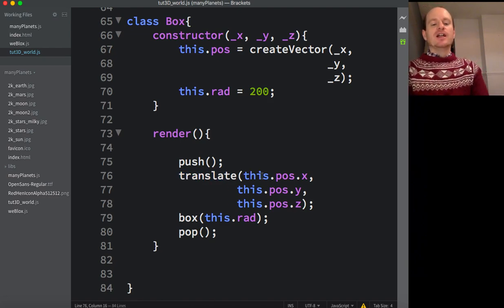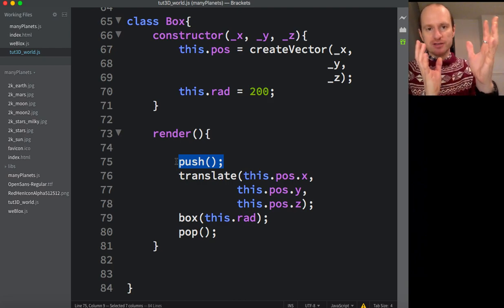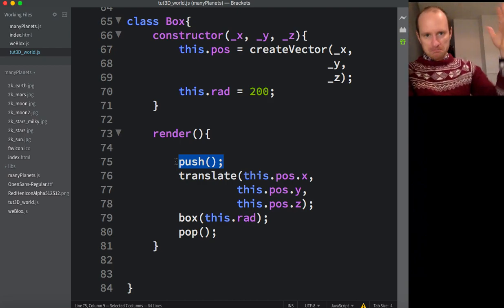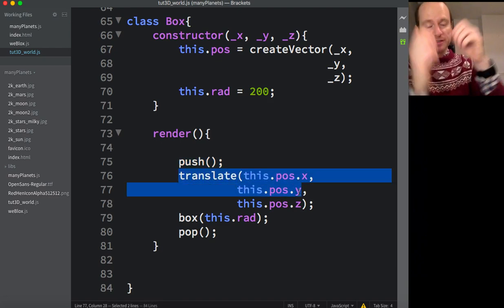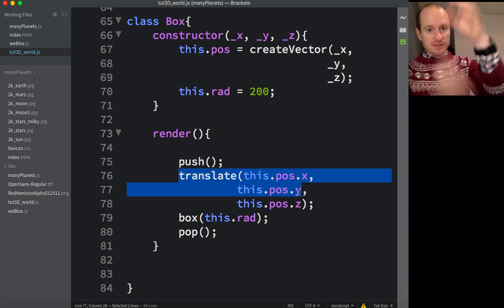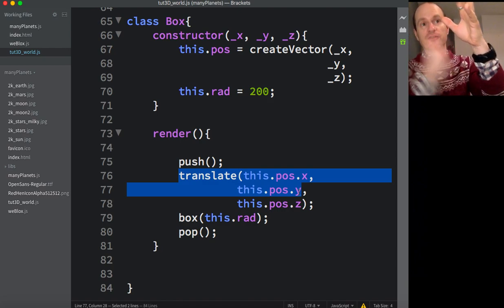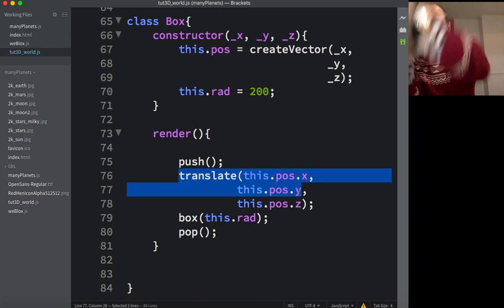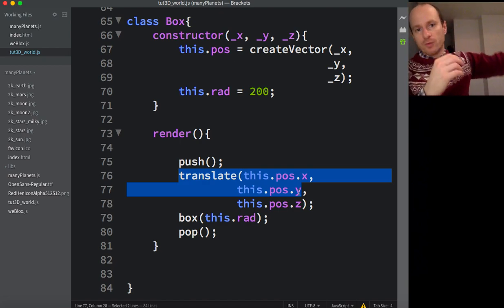So what push does is save the current state of translations and rotations. Imagine a matrix there, and it saves that. Then you can do some other translations, like here, which translates the center of where we're drawing from to somewhere else. Then you do your drawing, and if you then draw another box or another 100 boxes, each of those translations accumulates and builds on top of each other,